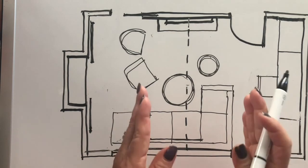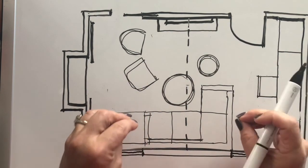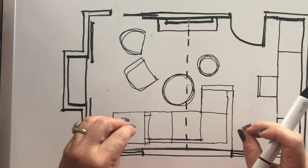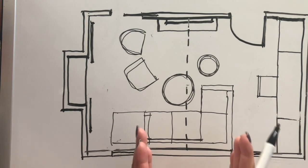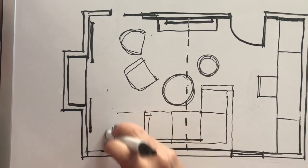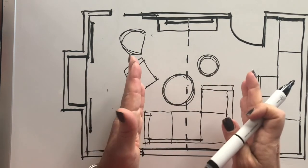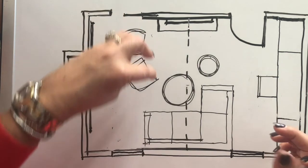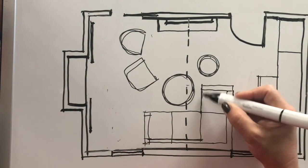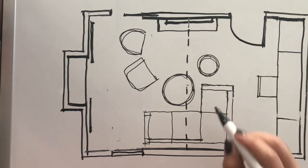So one of the things that's beautiful about this room is its symmetry, but one of the things that's limiting about this room is its symmetry. So you almost have to honor this middle point. When you extend into this space, all of a sudden, the beauty of the symmetry is hard to manage. So I would go slightly asymmetrical. I think you can keep the sofa that you had, but what you want to do is make sure that